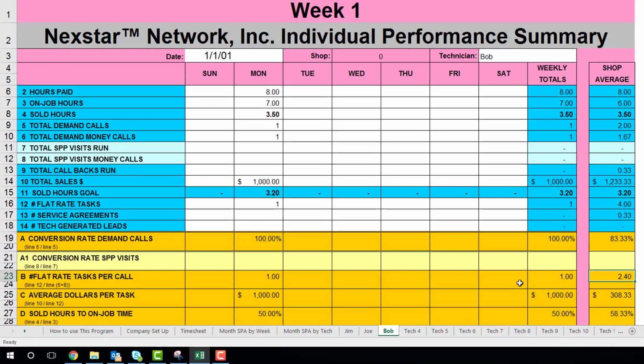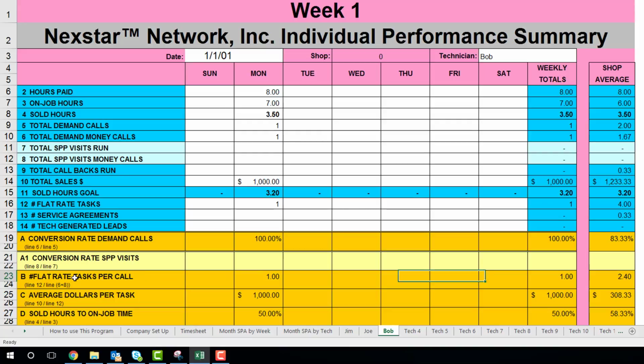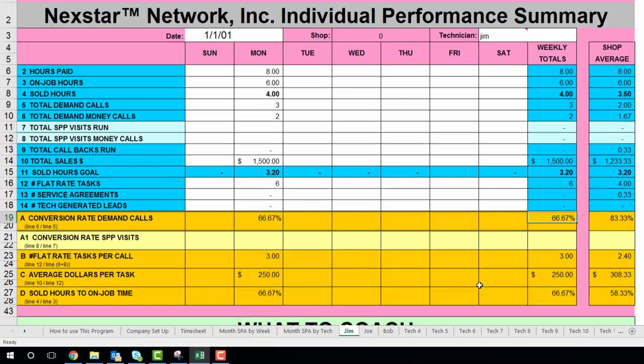That's what you're going to learn in this coaching card section. You get to the service management side, so you can start coaching your technicians to perform on exactly where they need help. No sense talking to Bob about conversion rate. He's exceeding the company average. No sense talking to Joe about conversion rate. He's exceeding company average. Now Jim, he's below company average. So I got to talk to Jim